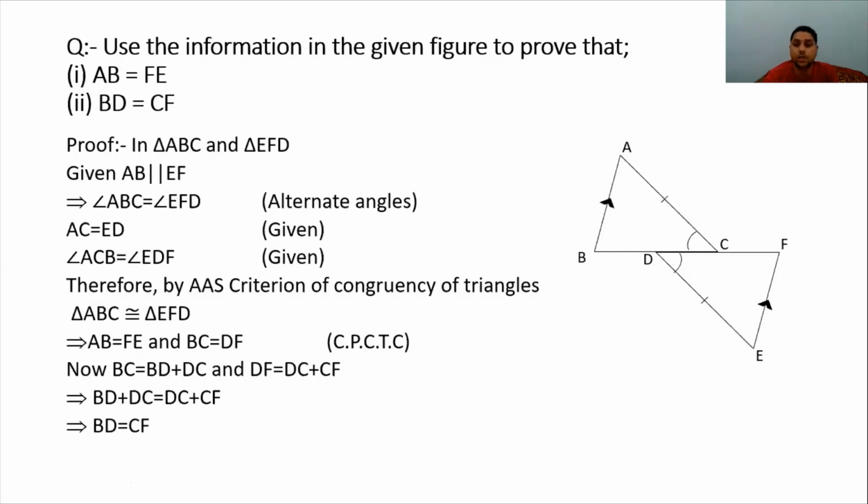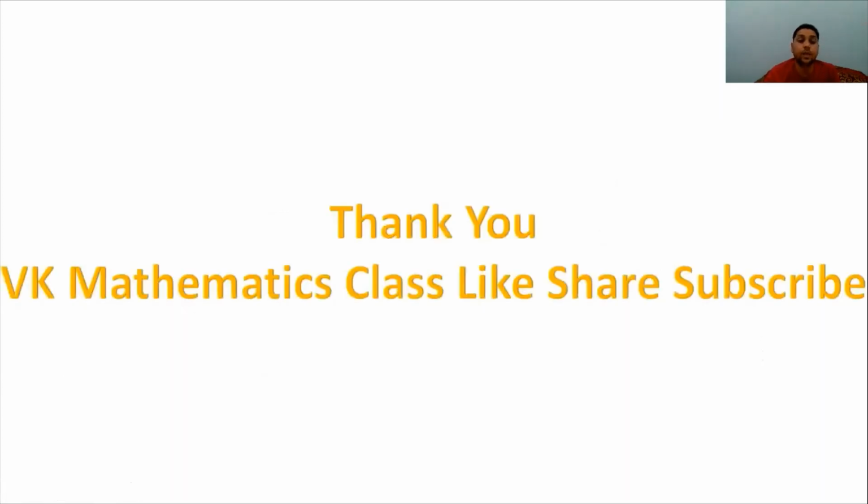Just understand the terms in the figure: this is a sign of parallel lines, and these two sides are equal. One more thing is that angles are equal. When lines are parallel, we have two angles here which are alternate to each other, so alternate angles are equal to each other. Okay, that's it from the exercise A.